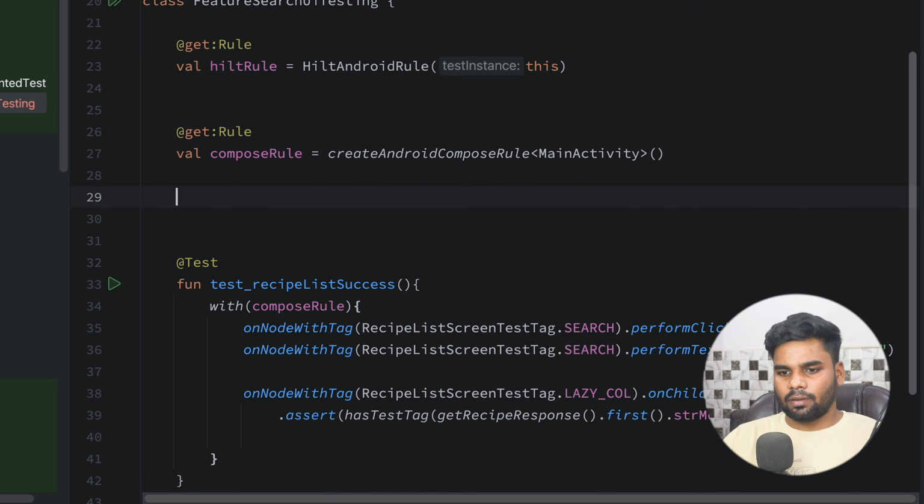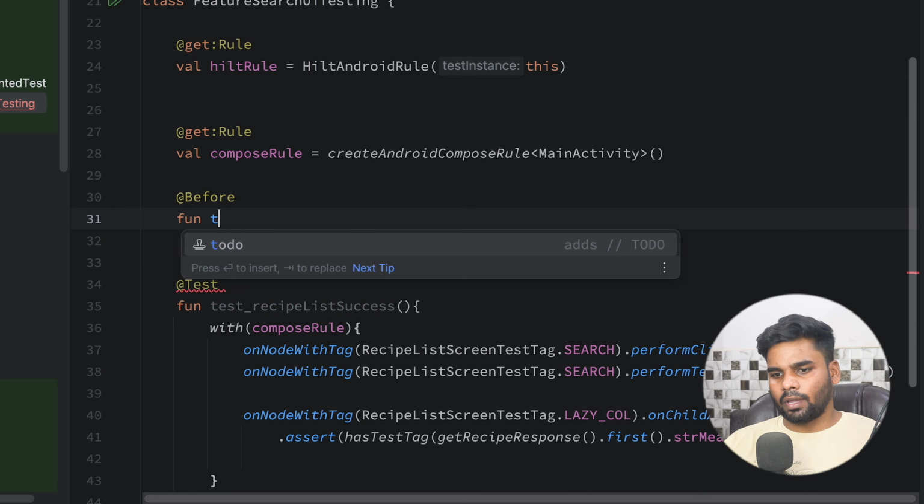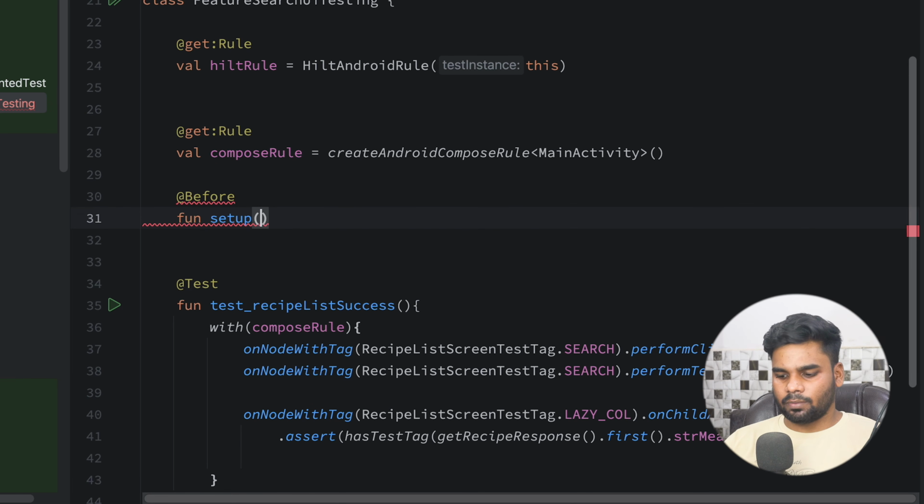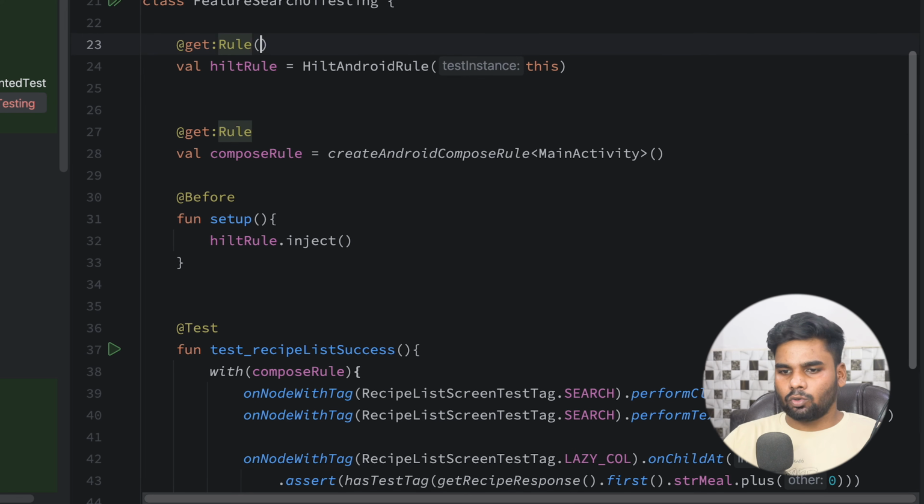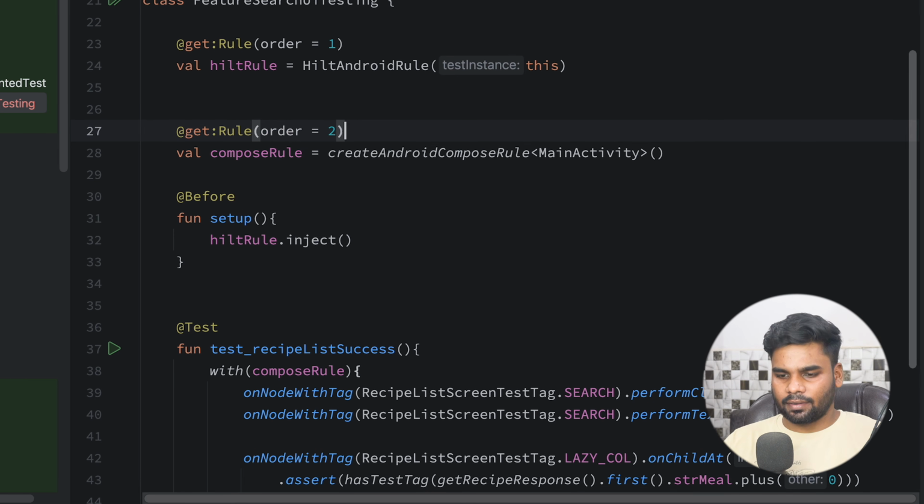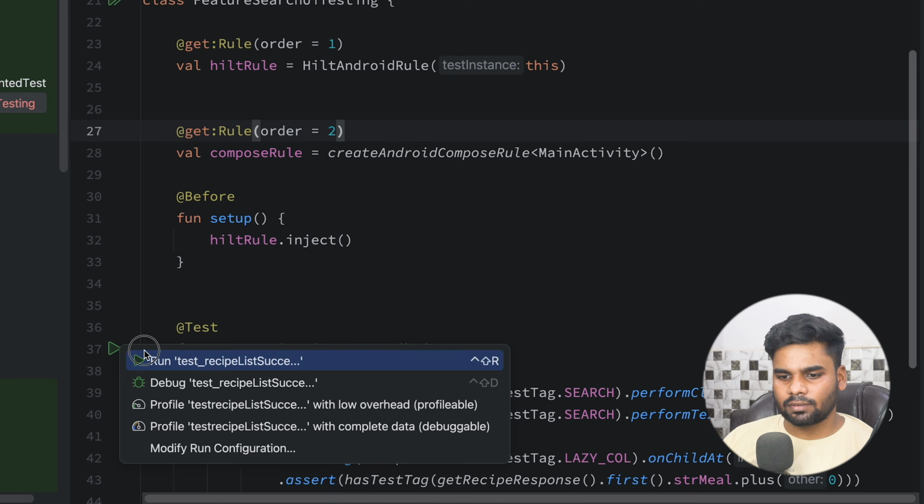And in this setup, basically in the before block, we have a function named setup, and within this I'm going to use hiltRule.inject, and I'm going to use order here. So this order is first and this order is second for the compose rule. Now when you execute this test case,